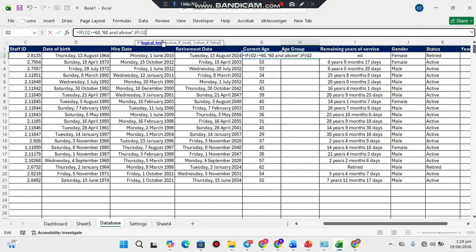Else, if G2 is greater than or equal to 50, I want to see in quotation marks 50 to 59, comma, else, if another if comes in, if G2 is greater than or equal to 40, if the value is true, I want to see 40 to 49,